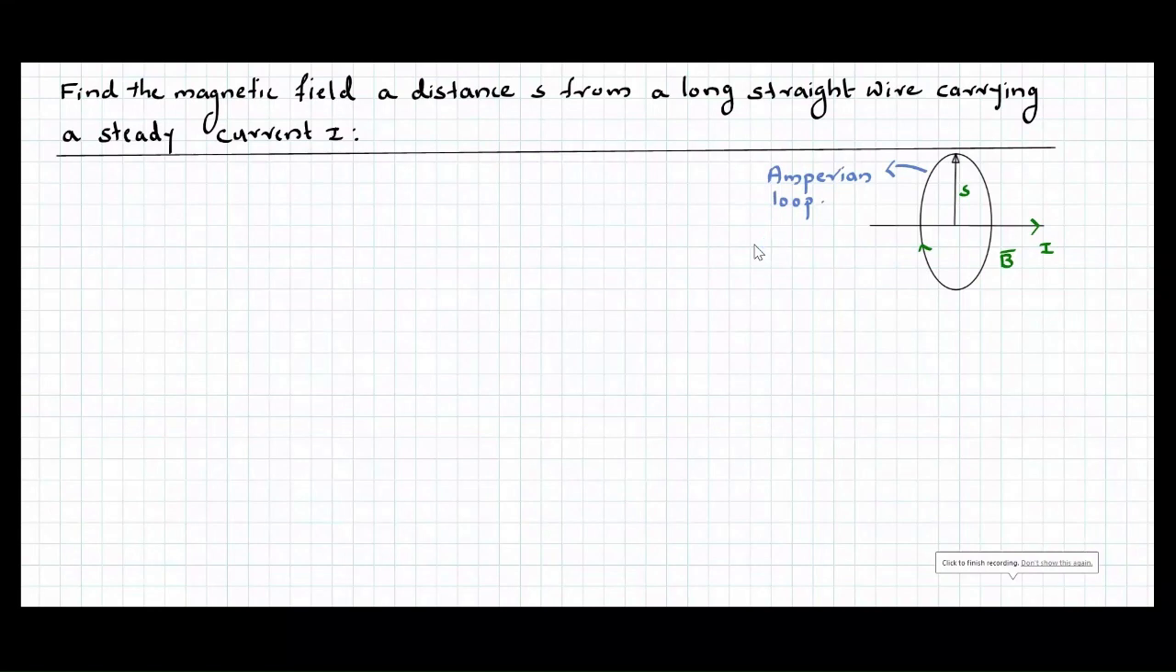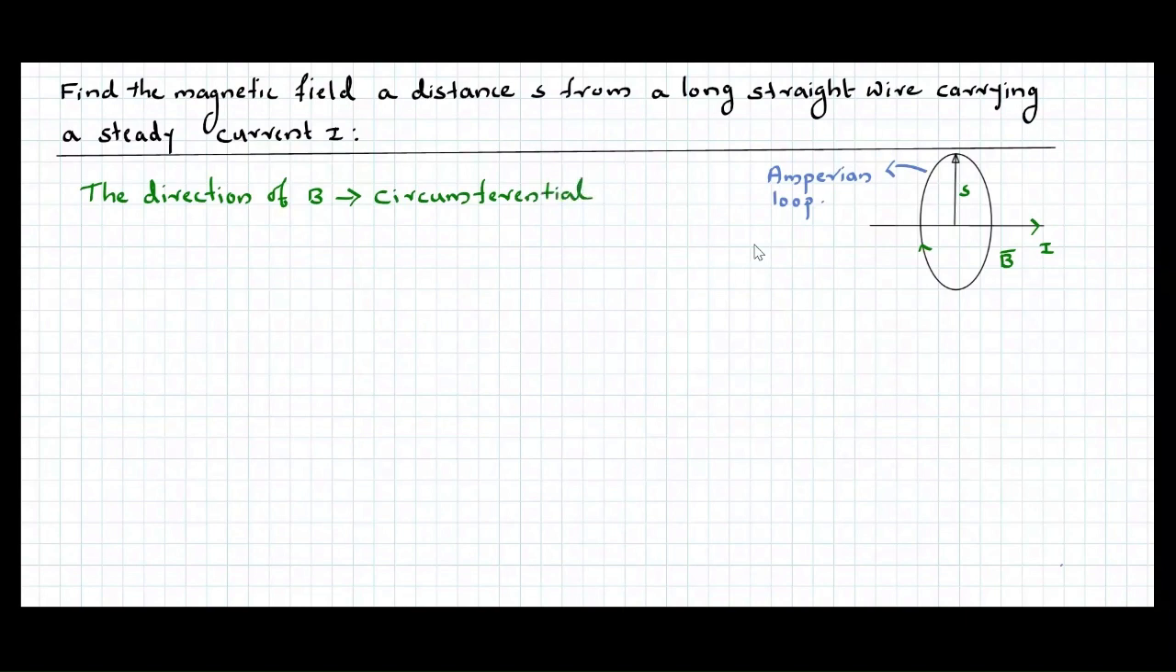Good morning all. Let us solve a problem using Ampere's law. Find the magnetic field a distance S from a long straight wire carrying a steady current I. We have to evaluate the magnetic field at a distance S from a long straight wire carrying a steady current I. We have solved the same problem using Biot-Savart law, and this time we are solving the same